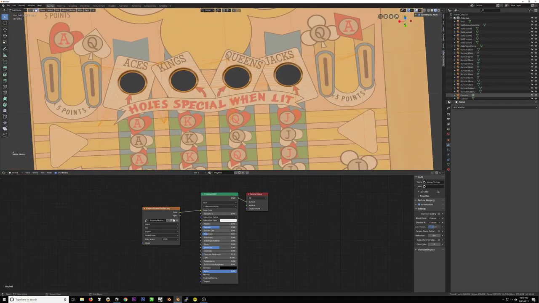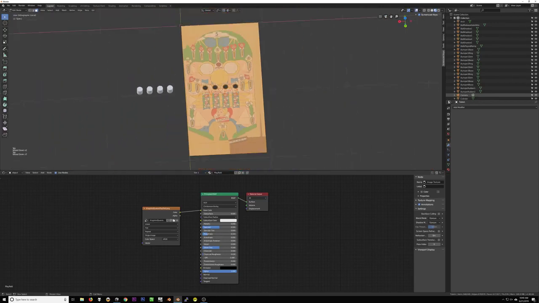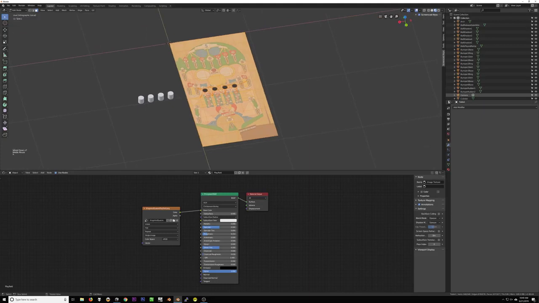Last time before we bring it into Visual Pinball, we're just going to make sure we're cleaned up. So clean up, merge by distance. We're going to Control T to triangulate. We're going to Alt J to change our tris to quads. Very tidy. Okay. So then with all of our vertices selected in edit mode, we're going to go to File,